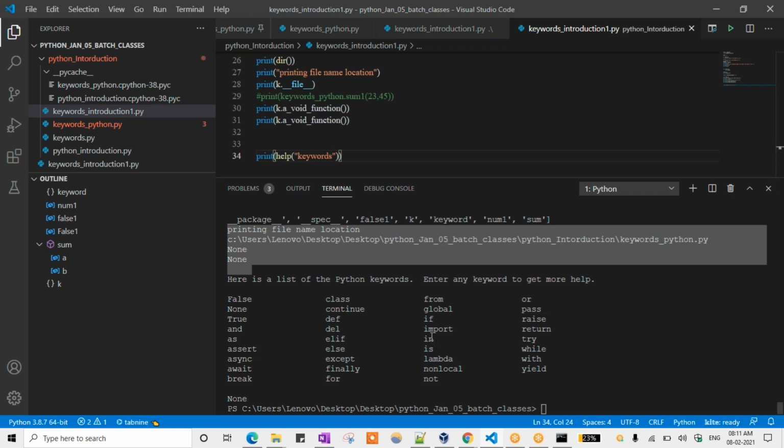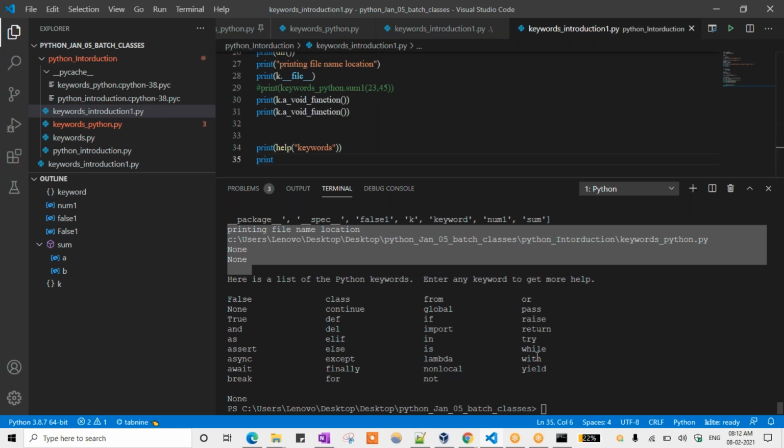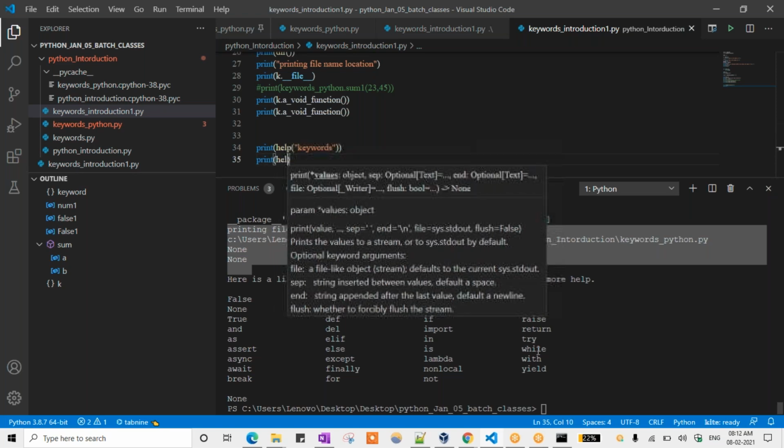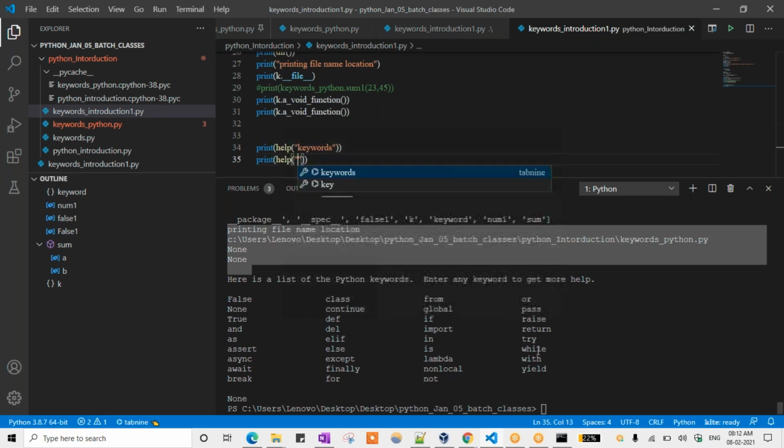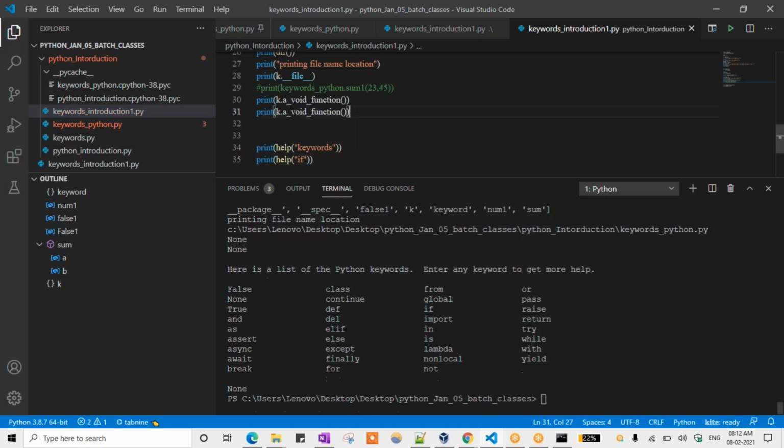So if you want to get any information, you can just check that with the help function. Right? That's it. Here itself I can explain the help function. You can take the if condition and then get the information about that particular function.